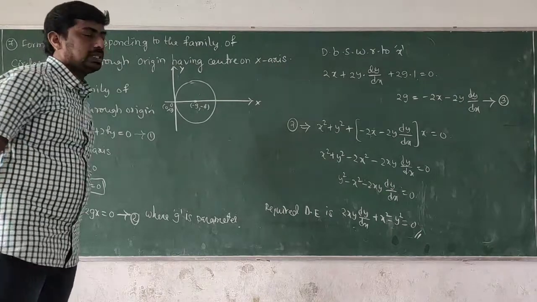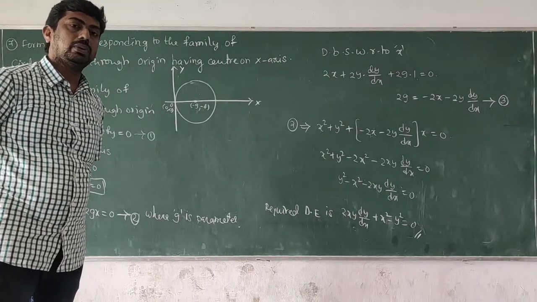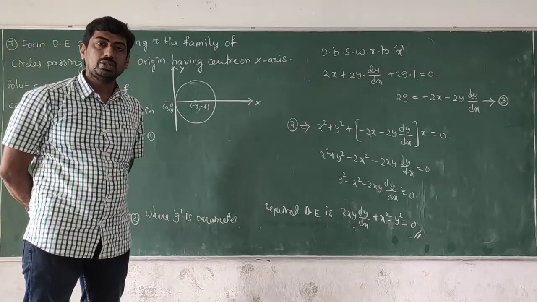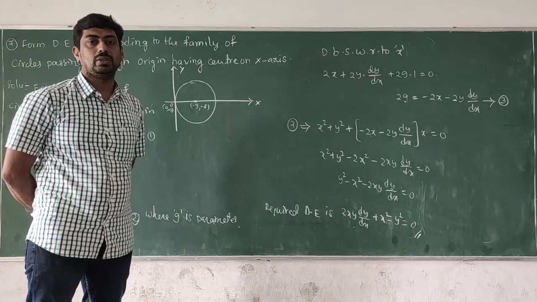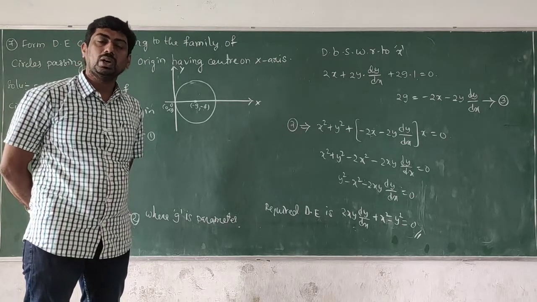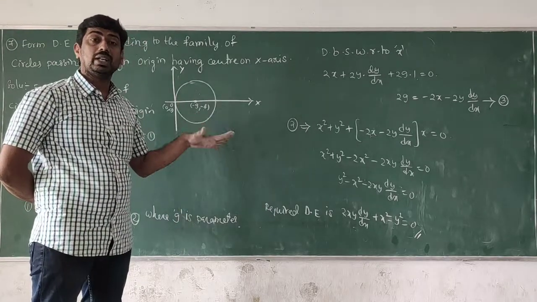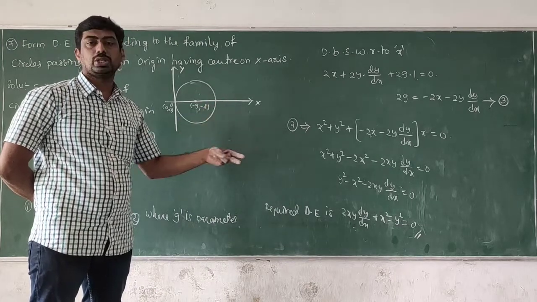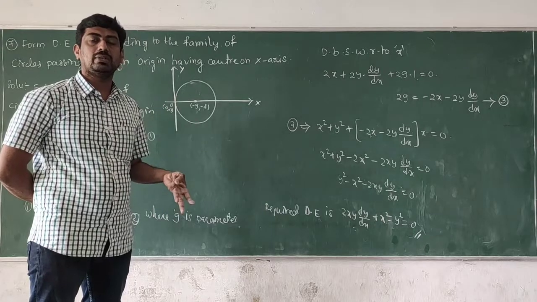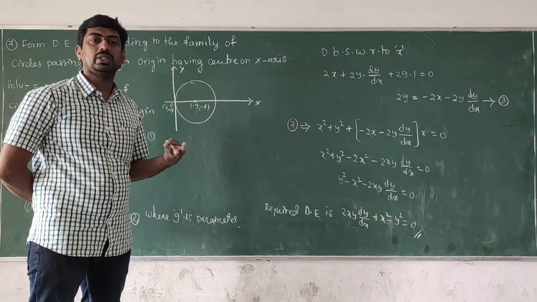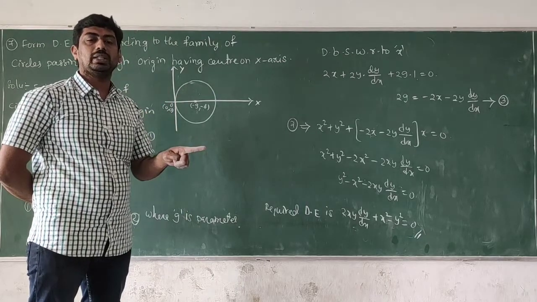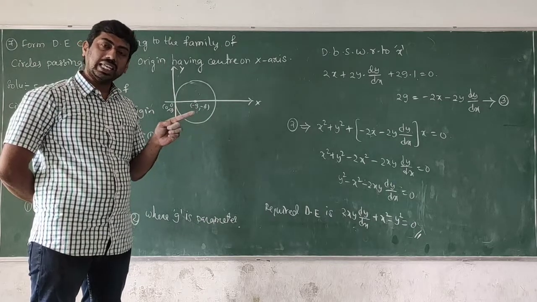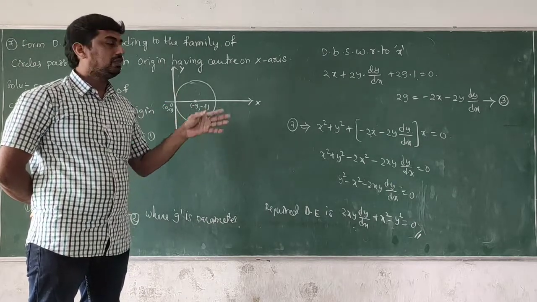So in today's class, 7 problems are completed. All 7 problems are the same model, that means the process of formation of a differential equation from the given equation. The process is: first find out how many parameters are in the given equation. If we have two parameters, differentiate the given equation two times. If we have three parameters, differentiate three times. If we have only one parameter, then it is enough to differentiate one time, and then we can easily find out the differential equation of the given equation.